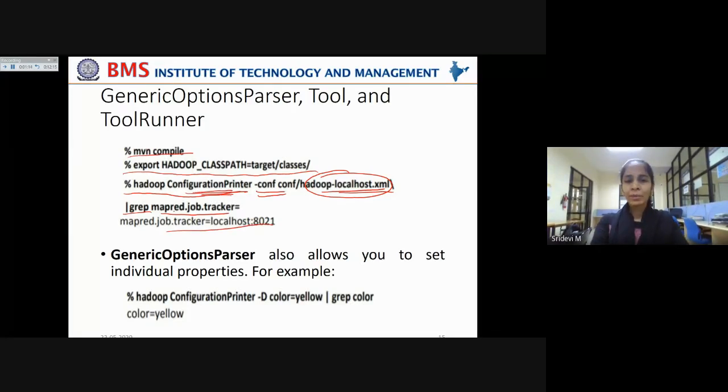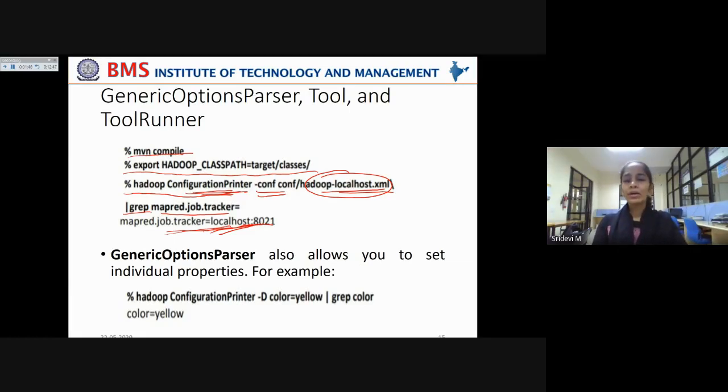You are using mapred.job.tracker and you are giving this property. Means you are telling it to refer to localhost on port number 8021. This is what you are passing through the command line. Now, GenericOptionsParser also allows you to set individual properties. Here you are just making the job tracker select a particular localhost so that the address of the job tracker now resides on that localhost.